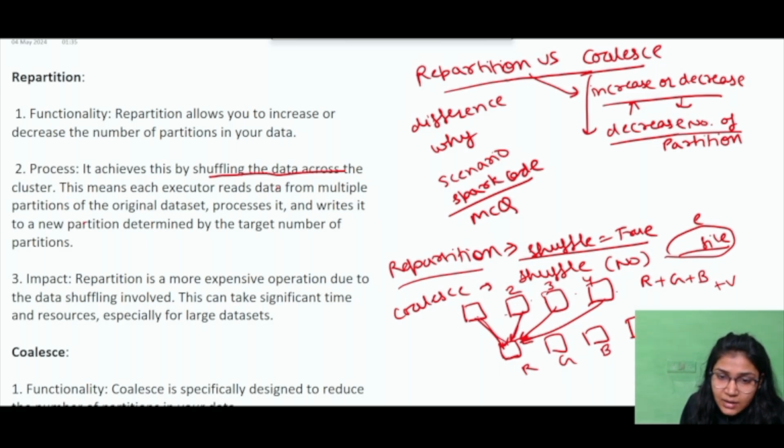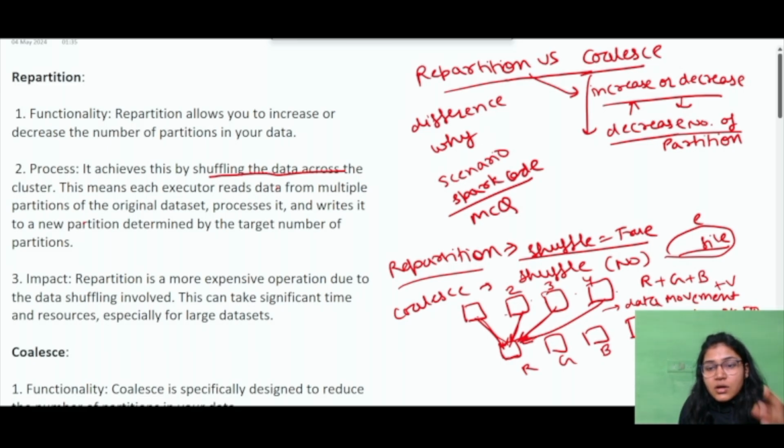The individual data corresponding to that color needs to be moved, which is causing the data movement, right? Data movement. So whenever there is data movement and shuffling involved, it causes network I/O. It causes your execution time to take a hit, right? Because it is a wide transformation. So that is again the difference in shuffle.